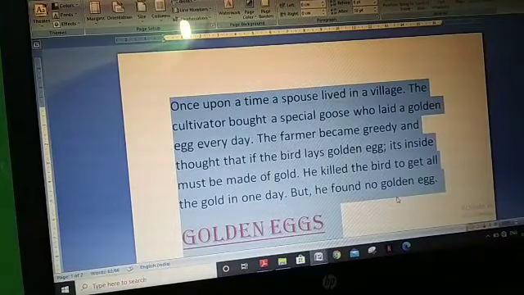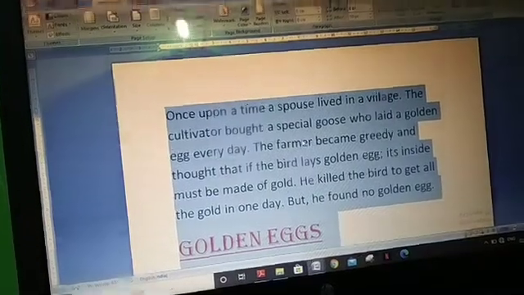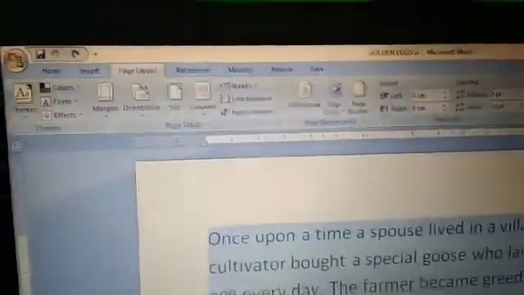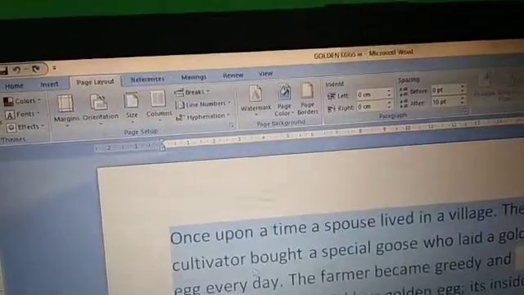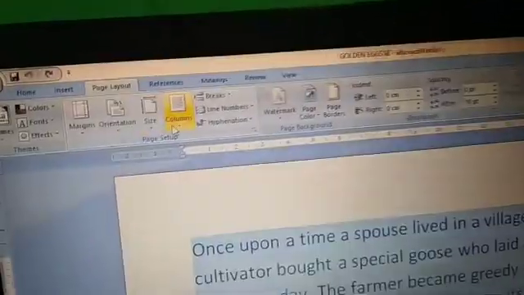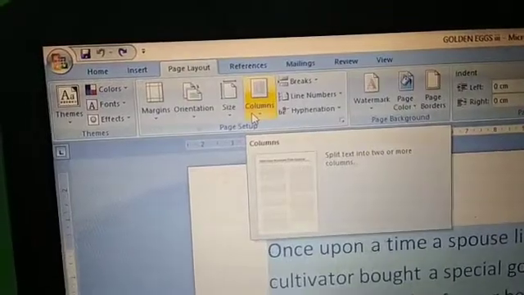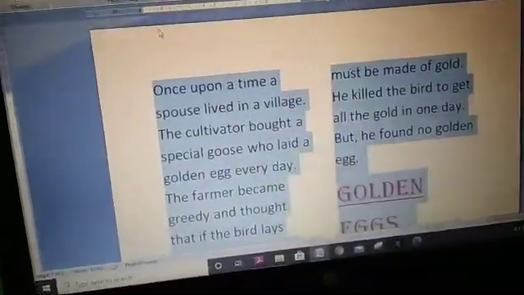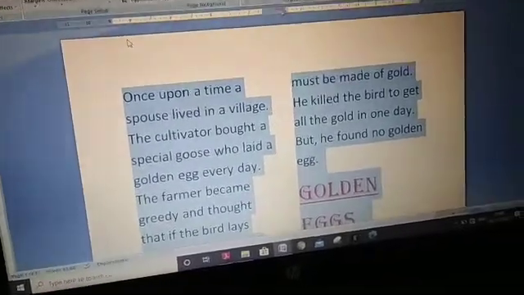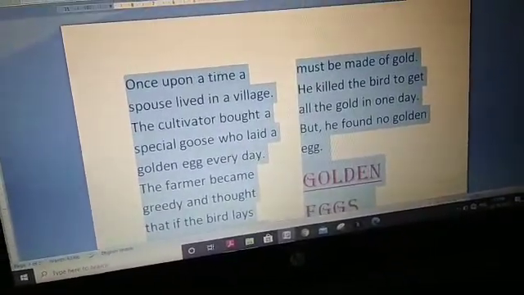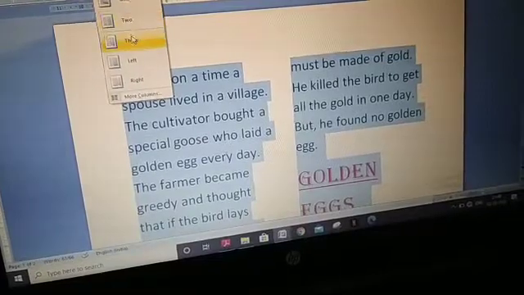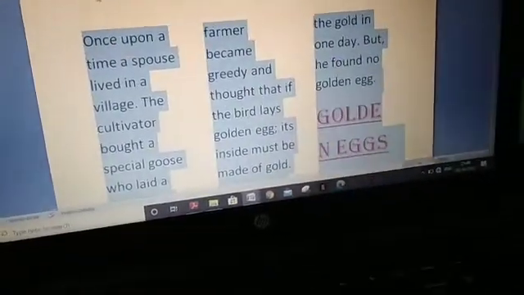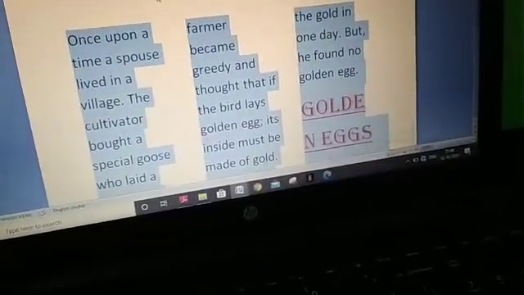This text we have selected. Now Page Layout tab and click on Columns, then 2. You can see now that the paragraph is divided into 2 columns, and if you want it in 3, click on 3. You can see it has come now in 3 columns.